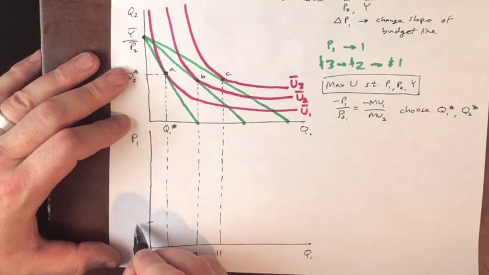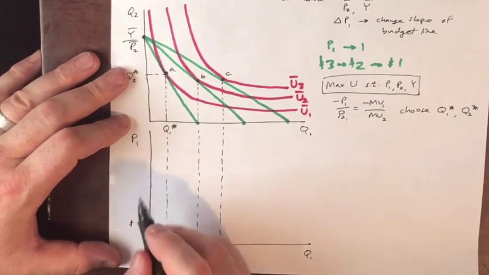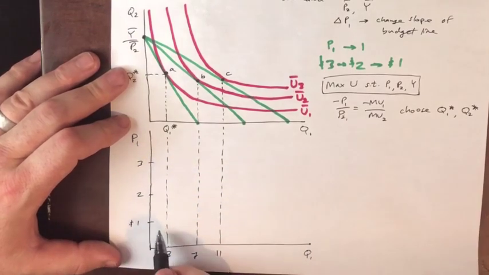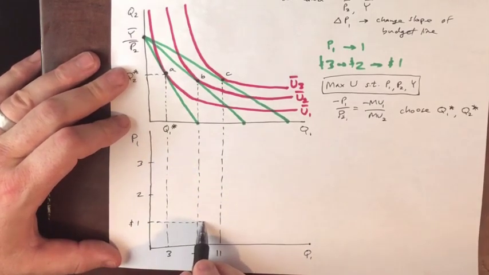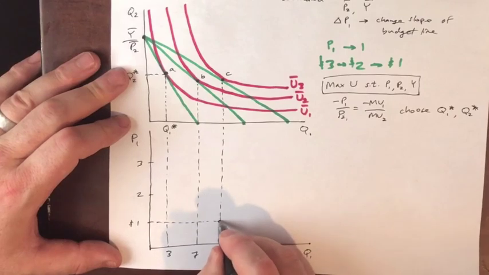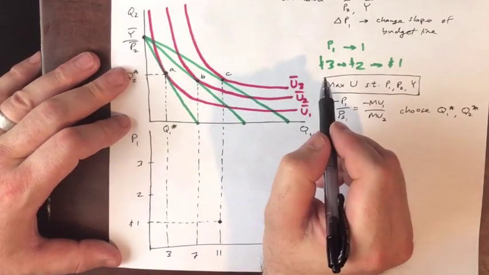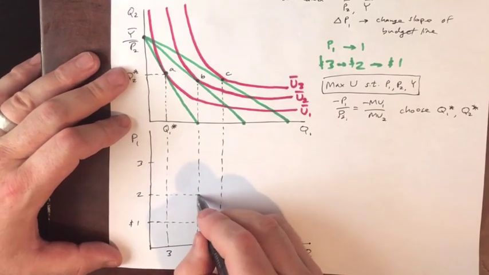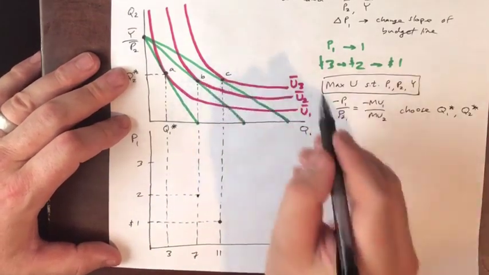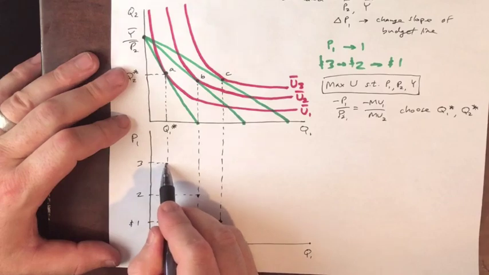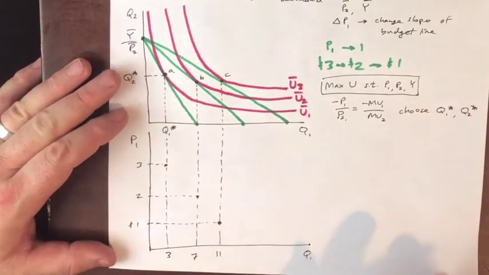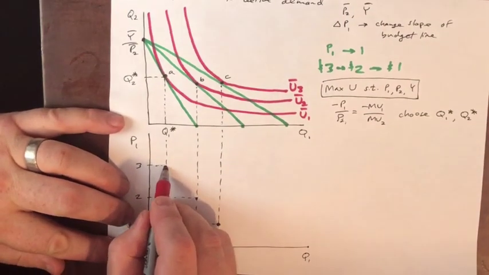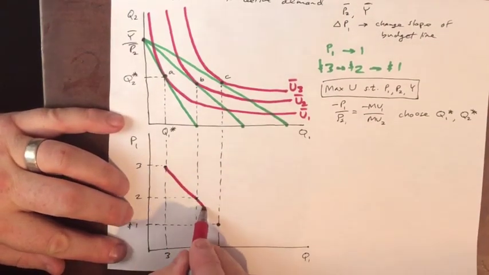Now, if we put price on this axis, $1, $2, $3, and then connect these: when the price is equal to $1, we are at point C, right? When the price is equal to $2, we are at point B. When the price is equal to $3, we are at point A, okay? And if we connect these dots, we get